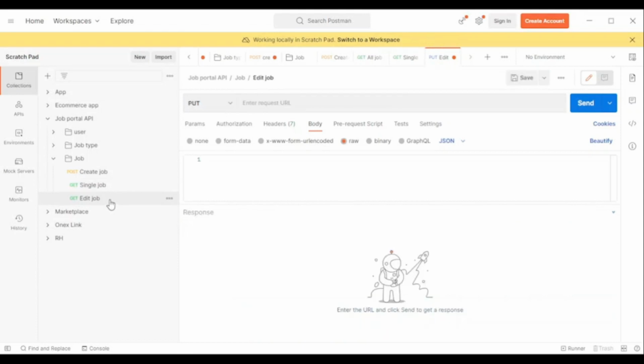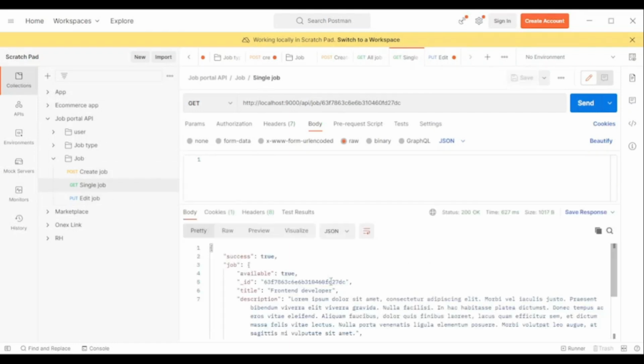So we're gonna edit the same job ID, but we're gonna put the correct endpoint, API job update and ID, and save the request. So we're gonna update the title for this job ID. So let's grab the name, the title,